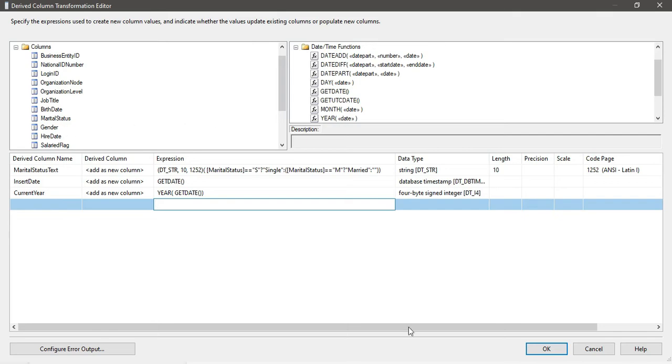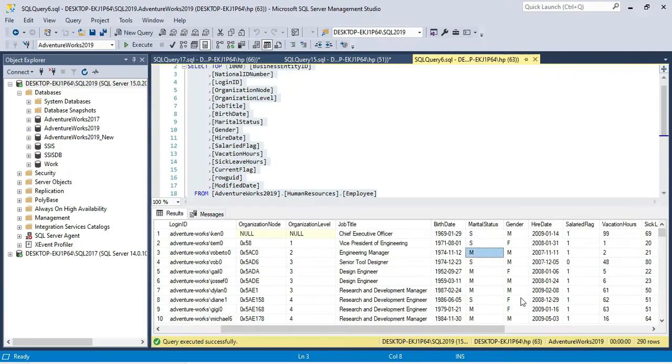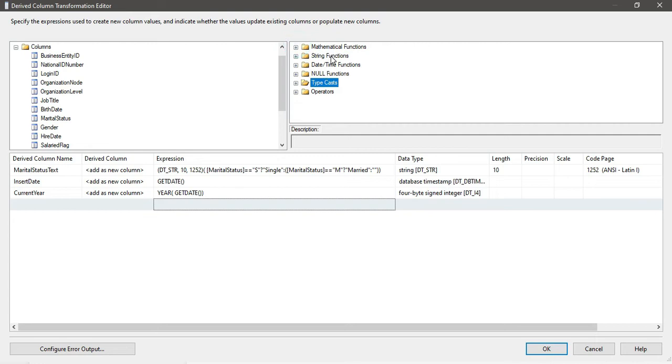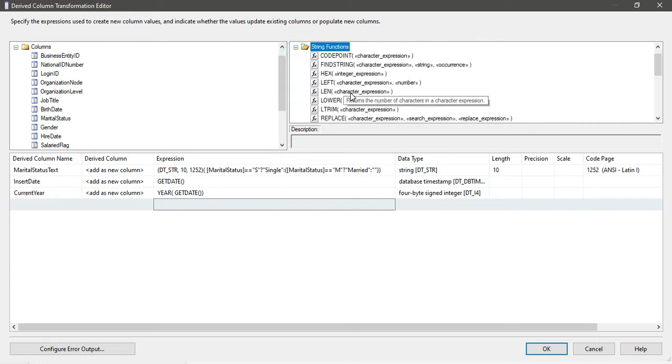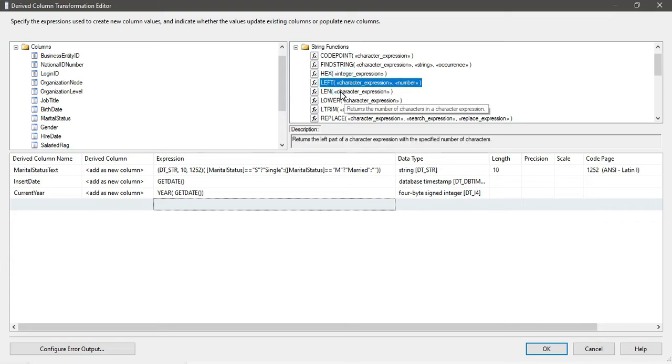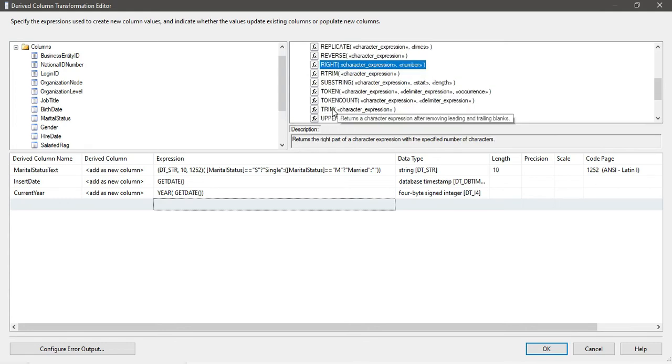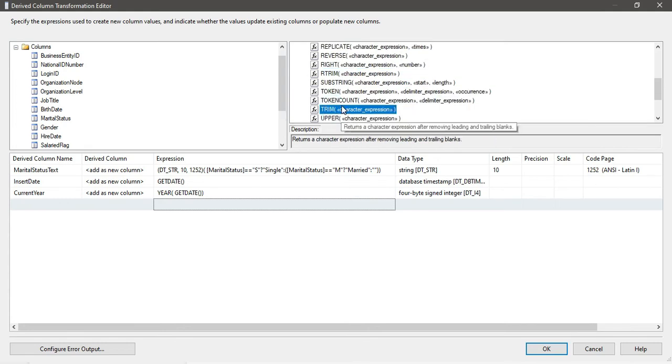Similarly we have a hire date. Suppose you want to get the year from this hire date, you can use maybe the LEFT function. In the string functions we have a lot of functions here, and most of the time I use the LEFT function, LEN function, LTRIM, REPLACE, RIGHT functions, TRIM function and UPPER function.